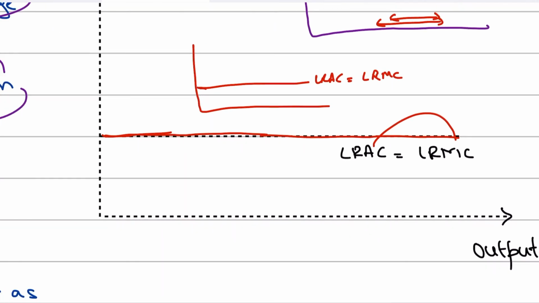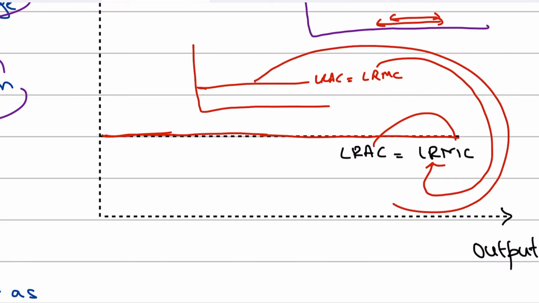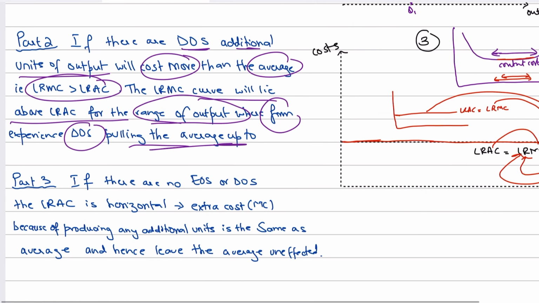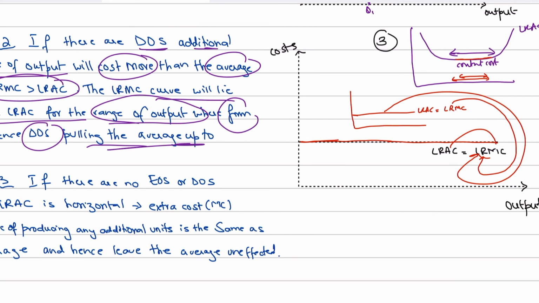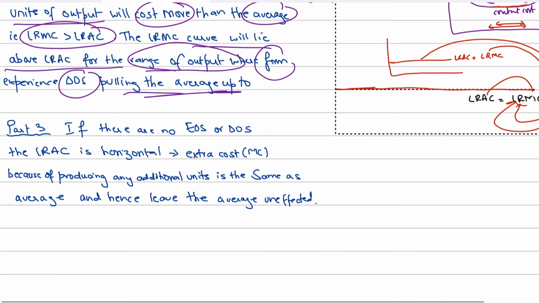So you'll draw a horizontal straight line for your long run marginal cost, which will exactly be equal to the LRAC line, right? It's going to be the same line, by the way. So guys,